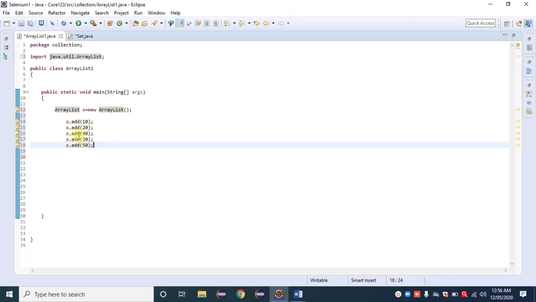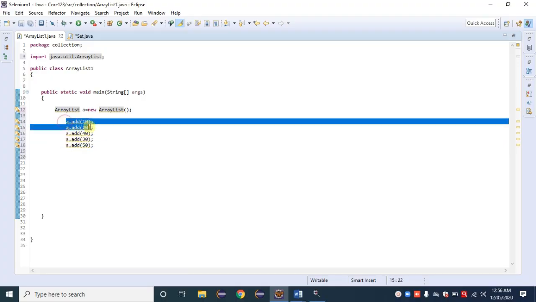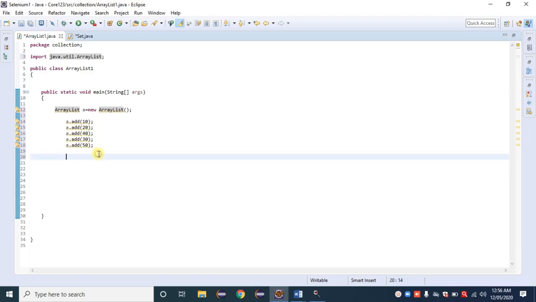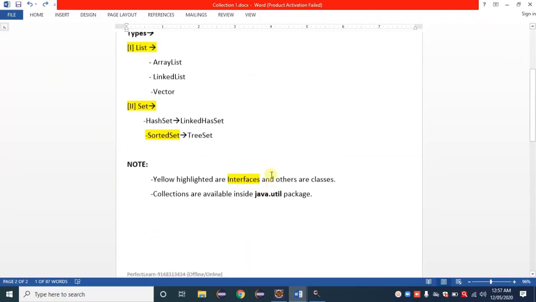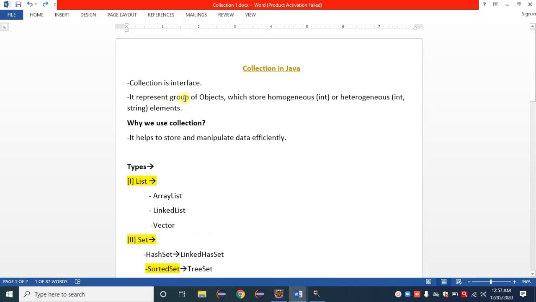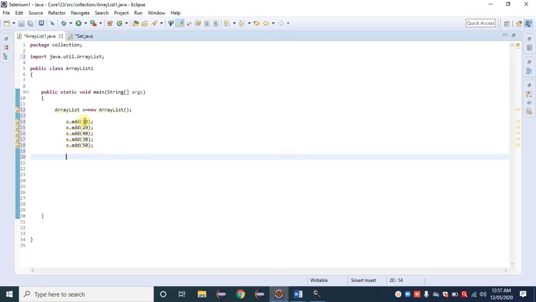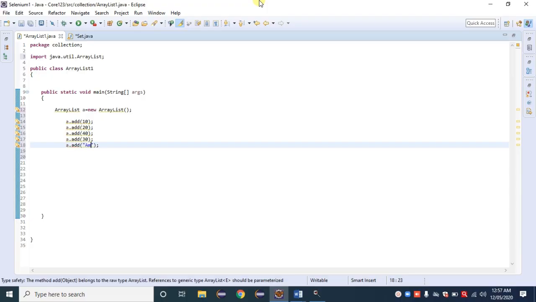These are all homogeneous, all integer type values. I can provide a string also, as I told you, it represents a group of objects which store homogeneous or heterogeneous. Right now the total values I provided are from the integer family, but I can provide a string family value also.